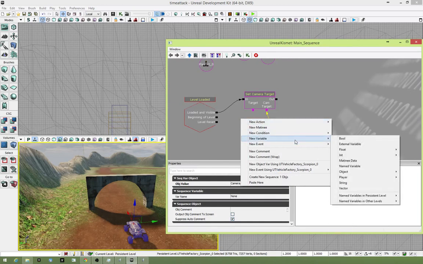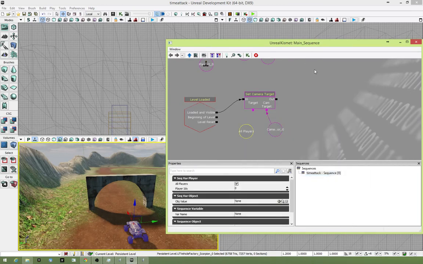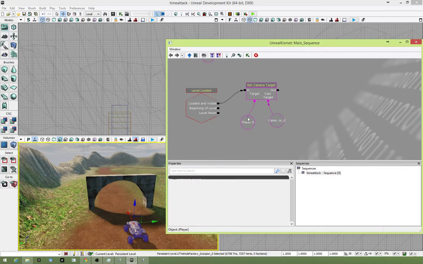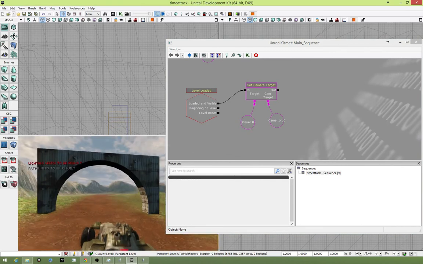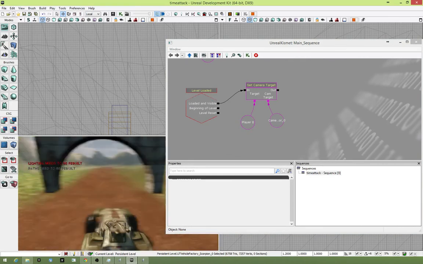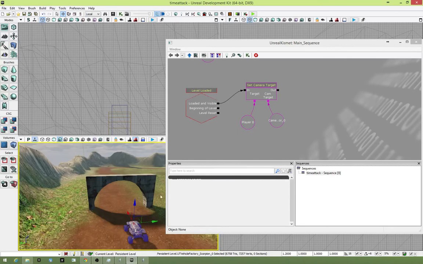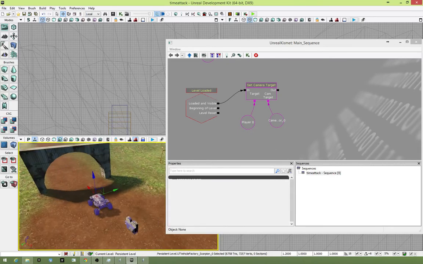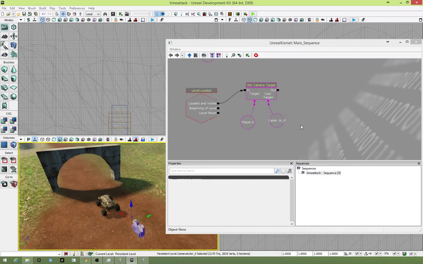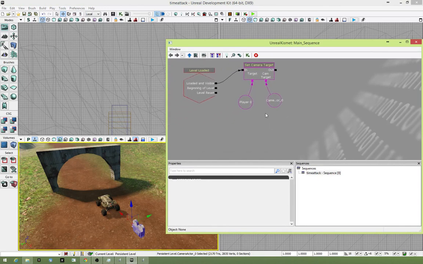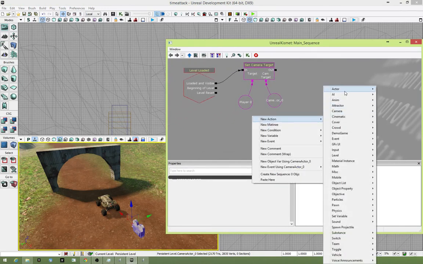So new variable player. I could just reuse this player 0 up here, but there's nothing wrong with me just adding another reference to it there. Okay, and now when I click play, I still have that problem when I set camera target. It hasn't actually given me. It's been overridden by the other camera. So what we're going to do is come down here, go right click, new action, actor, attach to actor,